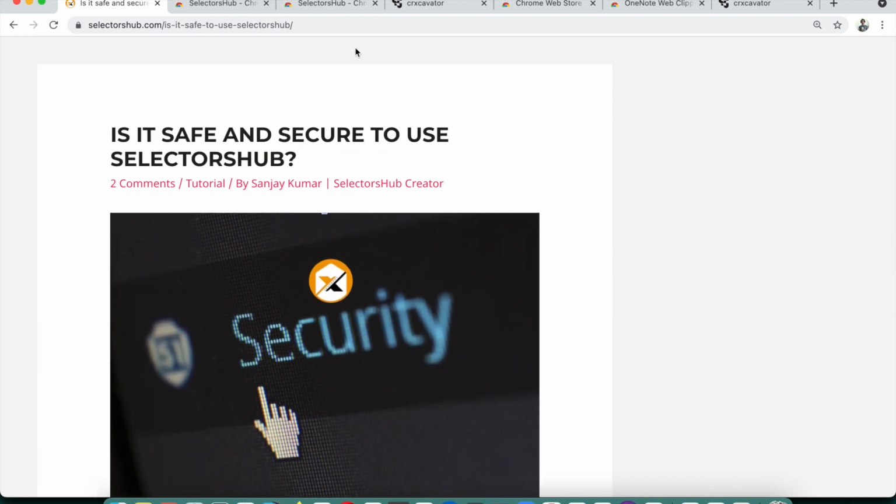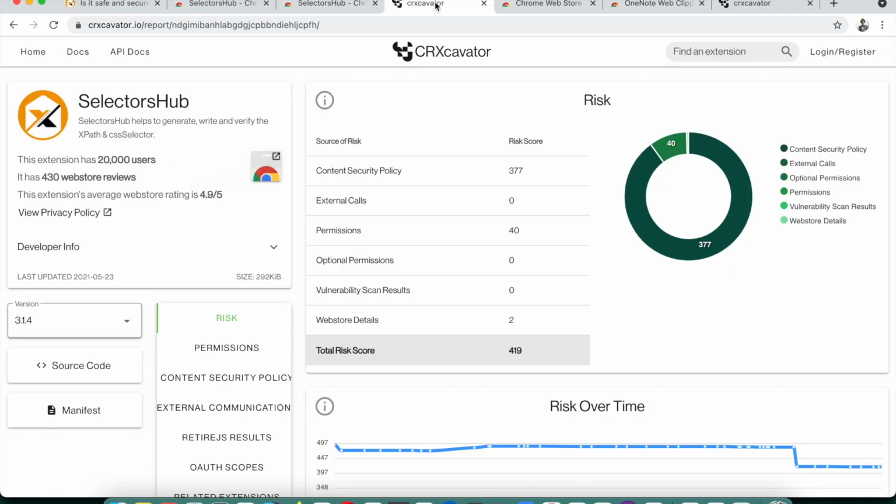Further, to explain more about what permissions it requires, there is a website that most companies use, CRX Cavator, which shows what permissions and what all things this plugin does in the background. Most of the companies track it this way. I really thank Gaurav Khurana, who told me today about this CRX Cavator. I was not aware, and since many people are asking how they can get it unblocked, or whether it is safe or not, this is really good. I'm really thankful to Gaurav.